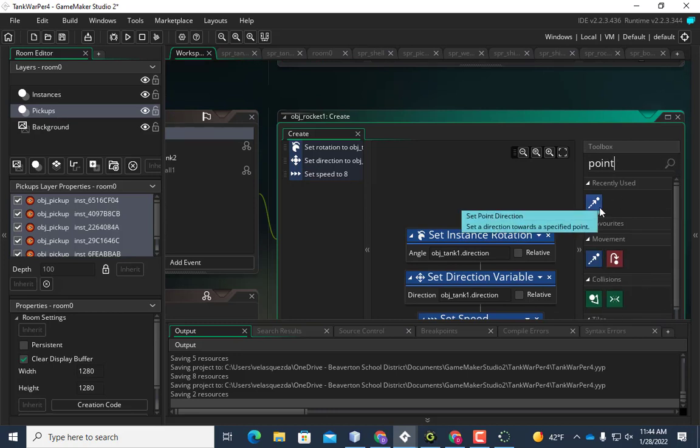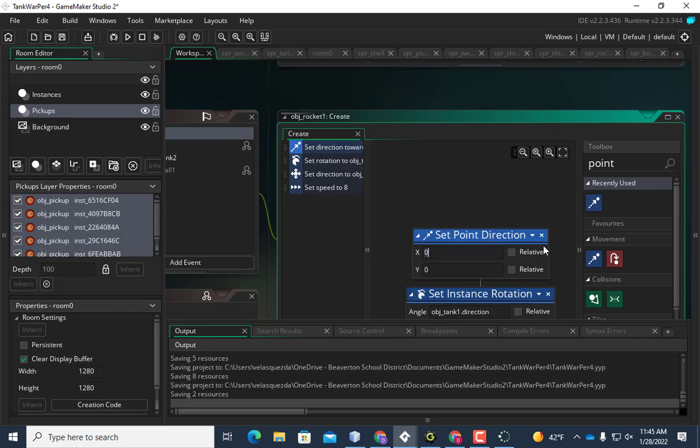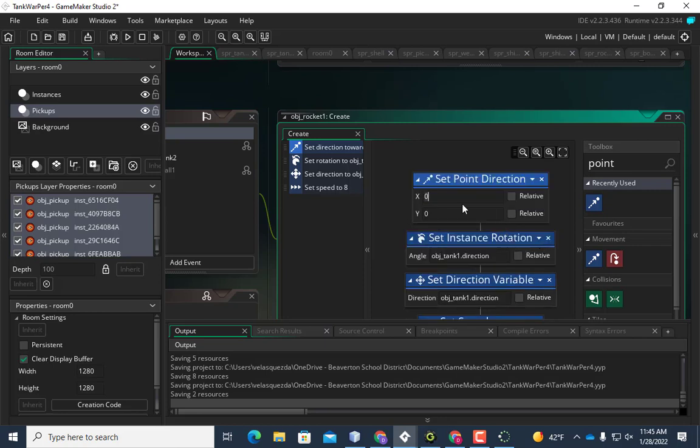And then there's this one here, set point direction. You want to set a direction towards a specific point. Well, what is that specific point? And the answer is, well, wherever tank 2 is located. So I'm going to drag this on. And again, this is a new one, set point direction. Well, where do we want it to go? And we would say, well,